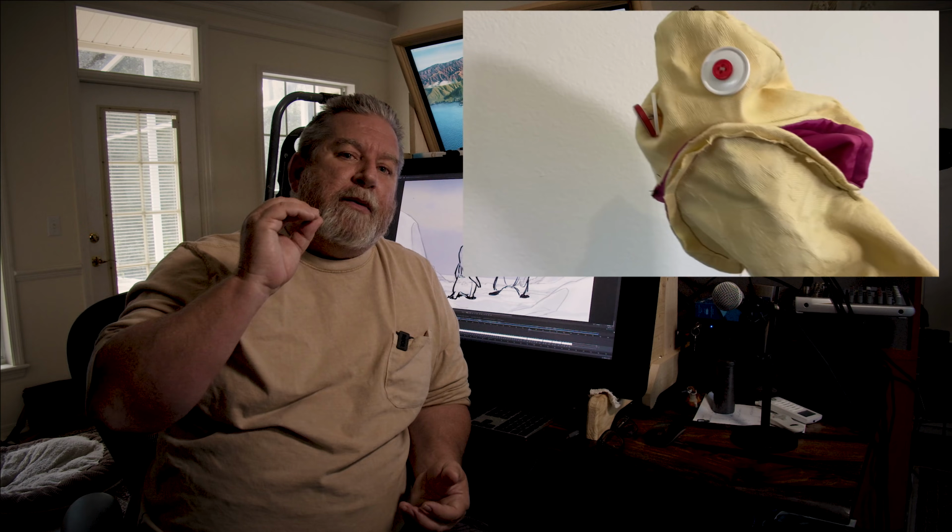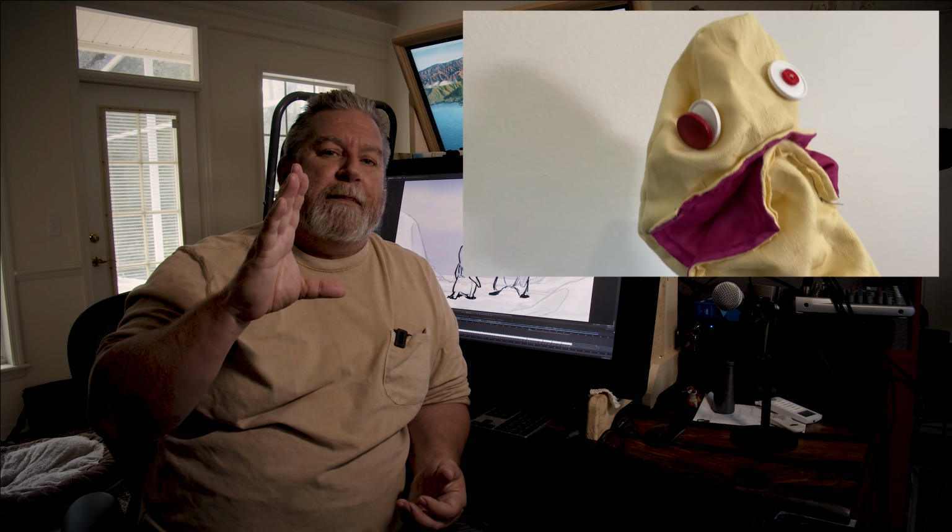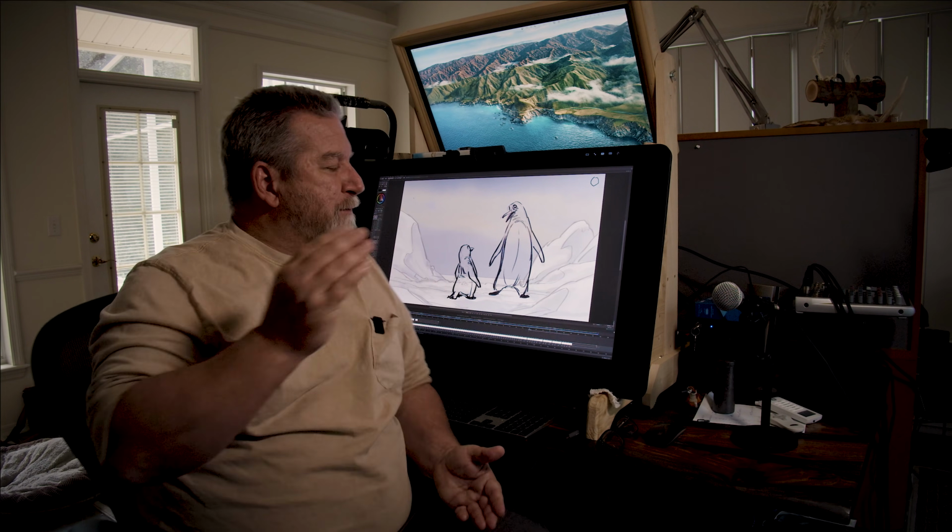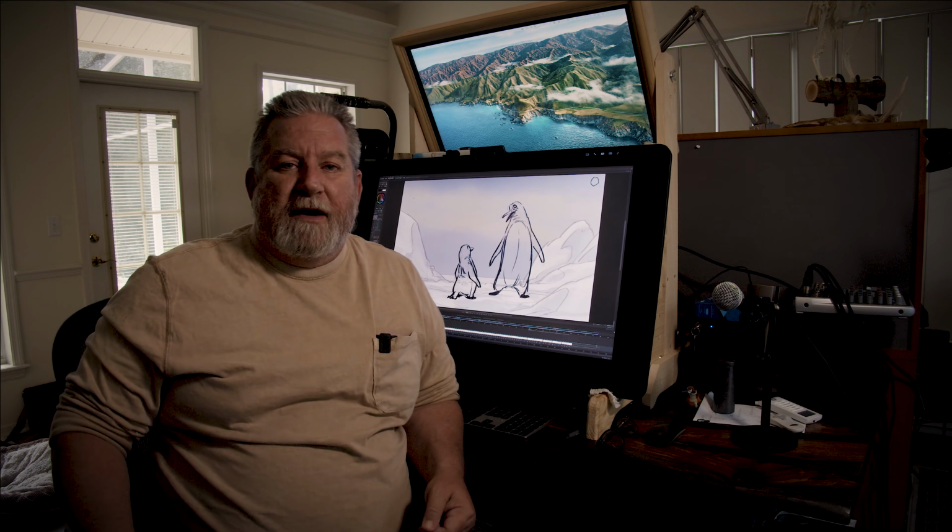Well, one of the lessons I always teach young students is to think about the Muppets. When you look at the Muppets, when you see puppets talking, all they have is an open mouth and a closed mouth. And yet those puppeteers are able to get those puppets to feel and look like they're talking. And the key to that is to hit the accents on open mouths. And it's knowing when to hit those accents and just open a mouth and know when to close it, and you're 90% there. And that's pretty much what I did on this test with this penguin.